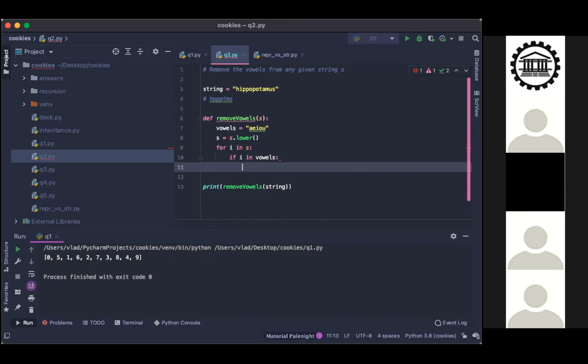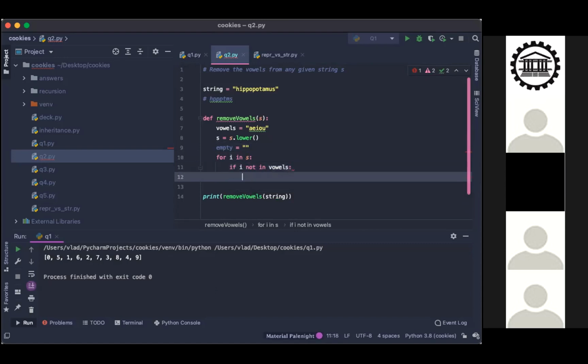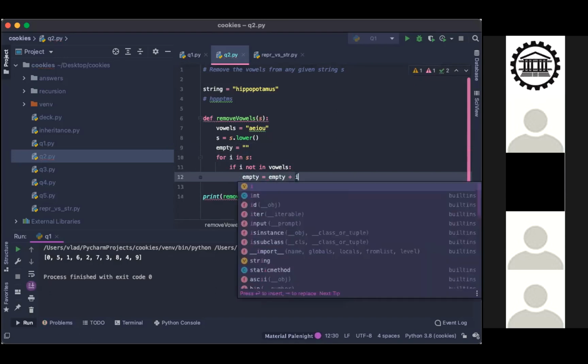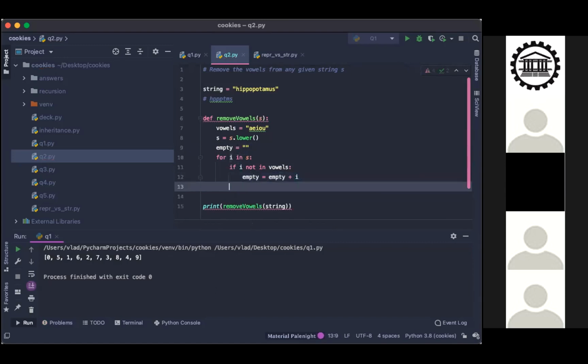Could you create an empty string before the for loop? So again, empty equals empty string. Yes, for I in S. If not I in vowels, or say if I not in vowels. Yes. Okay. I want empty equals empty plus I. All right. And then else, if else is okay.